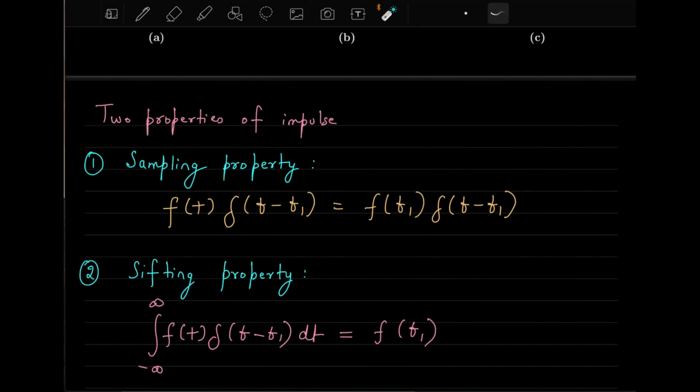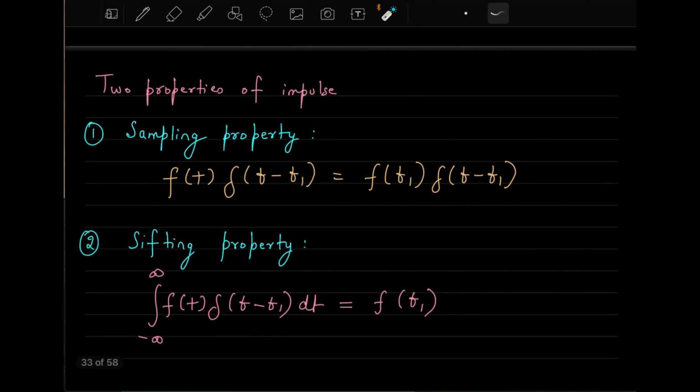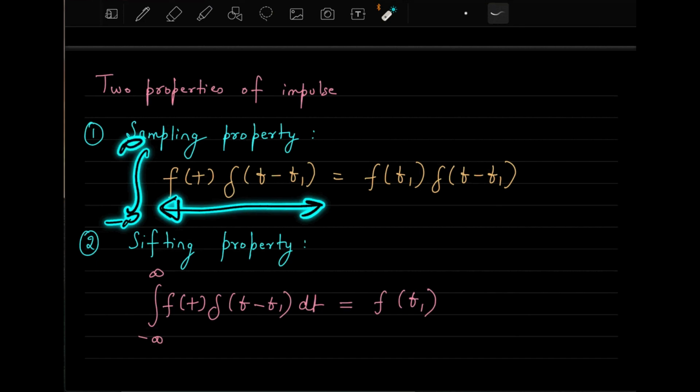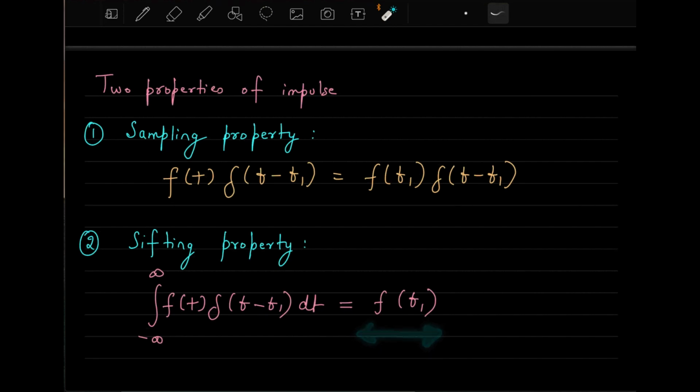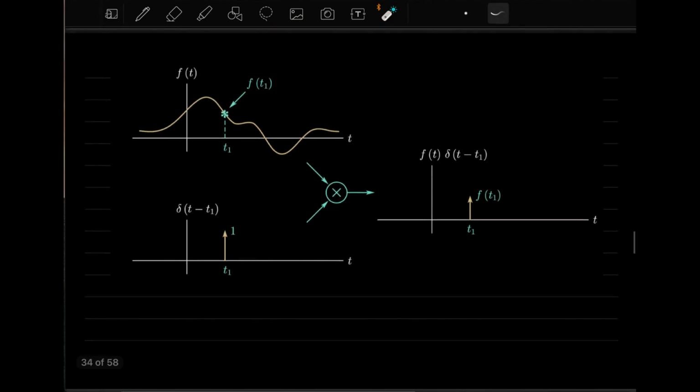By the shifting property, it means that if you integrate f of t times delta of t minus t1 dt from minus infinity to infinity, then what you get is f of t1. We will see how we can get this shifting property. We will prove it. You are integrating this factor from minus infinity to infinity, and its value will come out to be f of t1. If you want to prove this, it's very simple. What you can do is